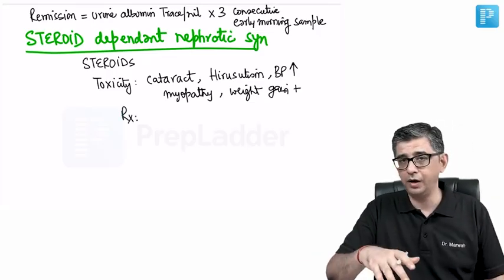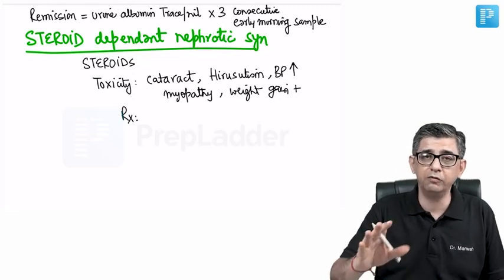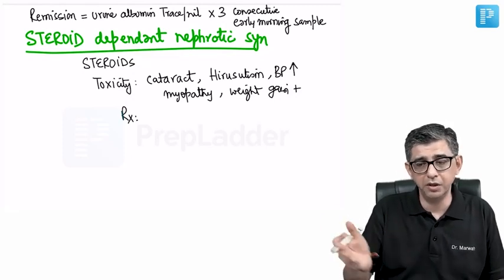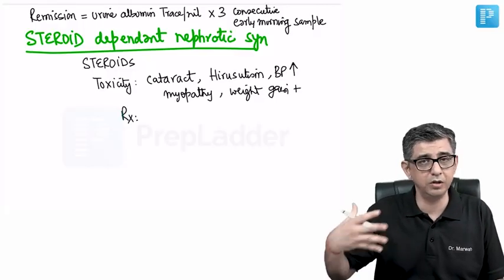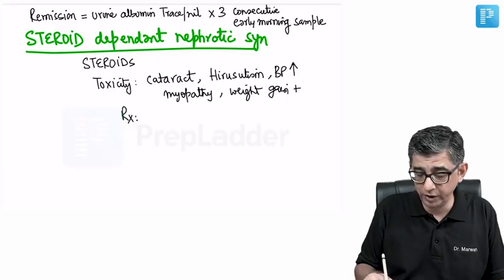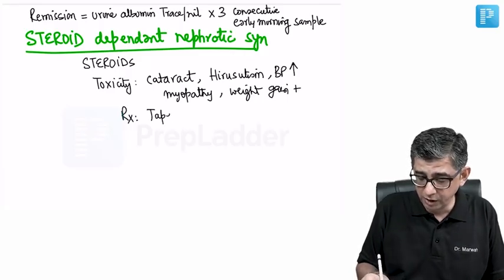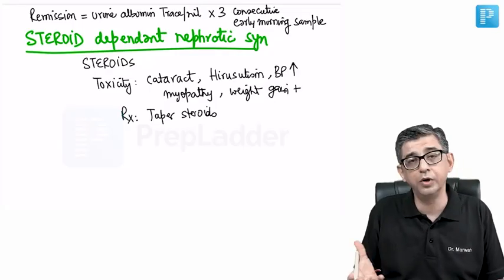Now, the same mother who earlier had refused to come to you for continuous follow-up, let me say after 1.5 years or 2 years, came back to you again with the same child who is now unrecognizable because of the weight gain component. So what would you do in this particular case? Because steroids are causing problems. So I will have to taper the steroids, but the moment I taper the steroids, the proteinuria component will be